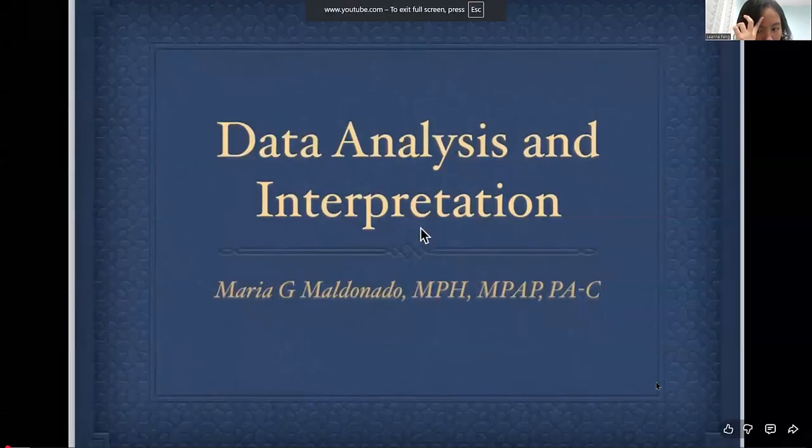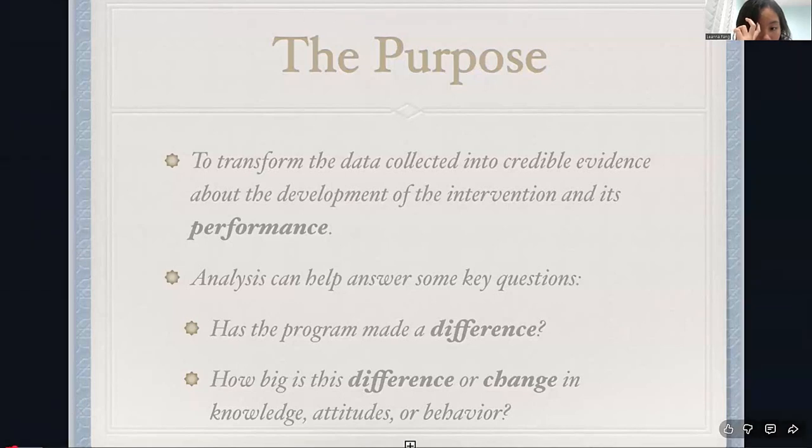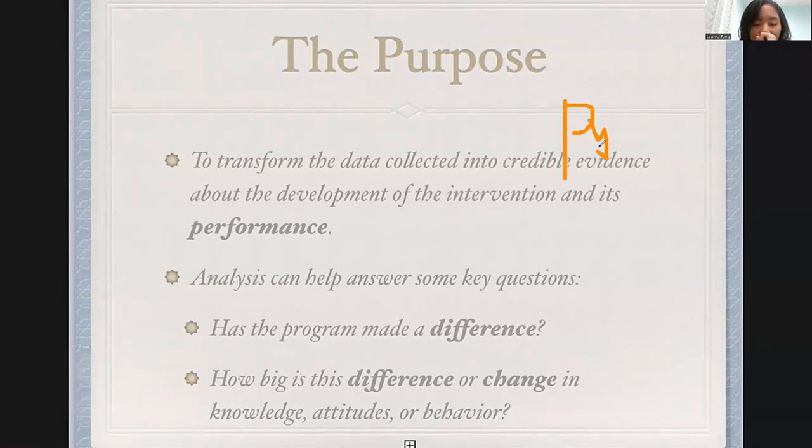Students, welcome to data analysis and interpretation. Now that most of you have gone out and started to collect your data, let's see what the next phase will probably look like. The purpose of this lecture is to start making some sense of the data that you've collected. This is to see how your intervention went and how it performed. Then once you get it all together, you analyze it. The analysis helps you answer some of the questions you were talking about the whole time as you were developing your program, which is, has the program made a difference? And then also how big was